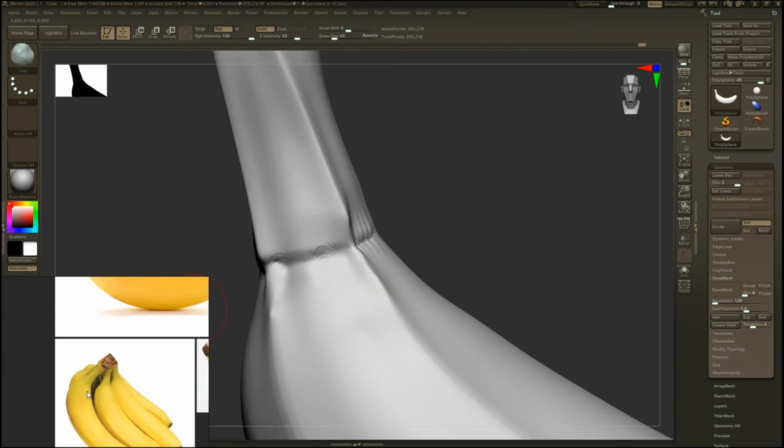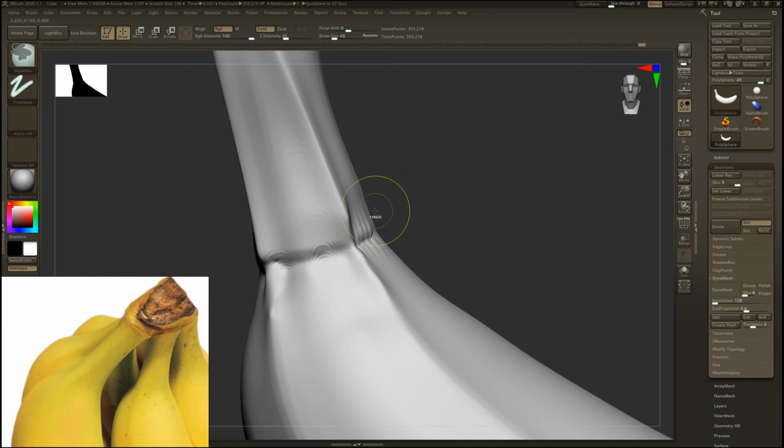As you see, there is some volume here, so I did it with the clay brush.